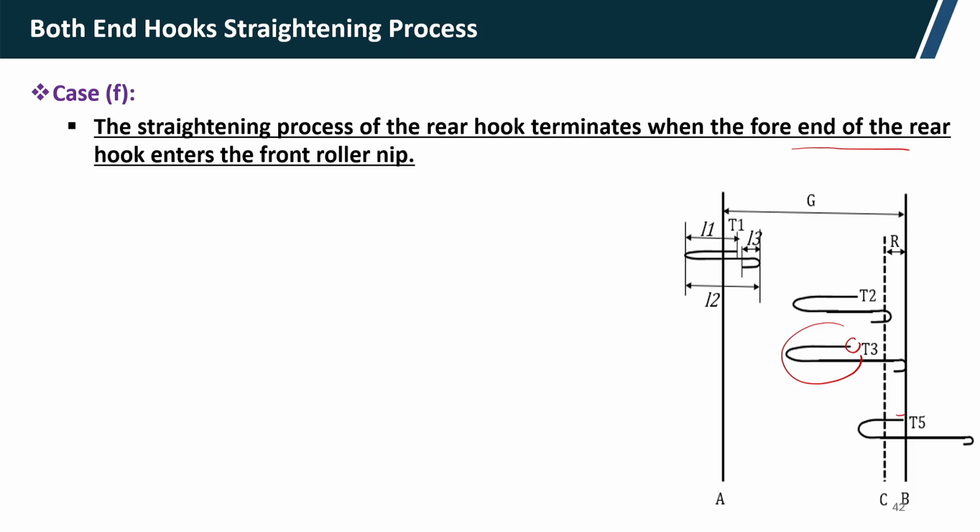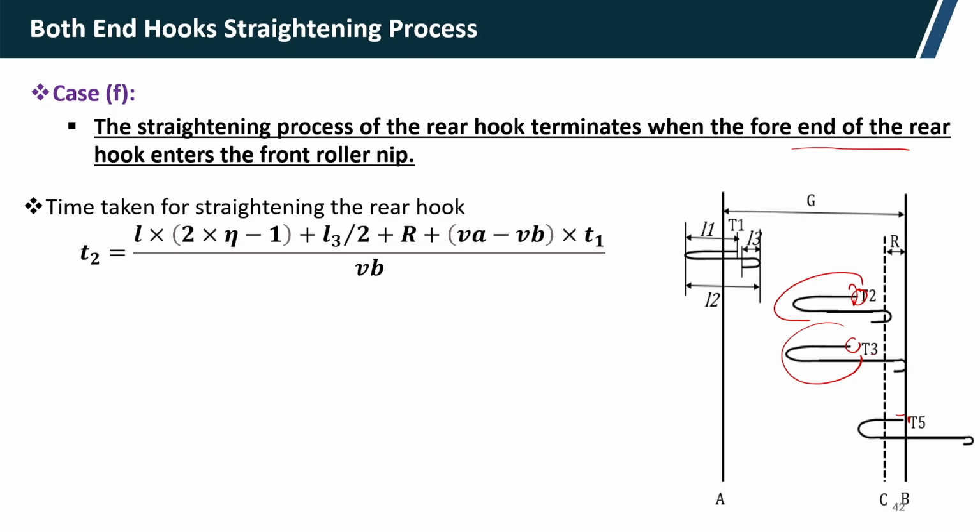That means, if the length of the hook, L1, is very high, the tip of the hook has reached the front roller nip before it gets straightened. That means, both the body and the tip of the rear hook will move at the same speed as the front roller. Time taken for straightening the rear hook is given by this relationship,